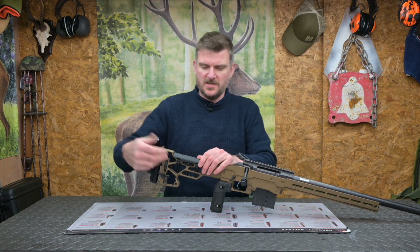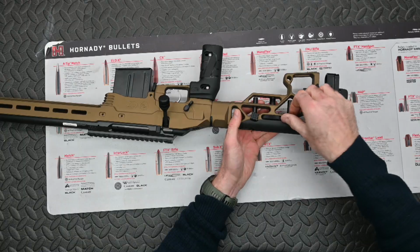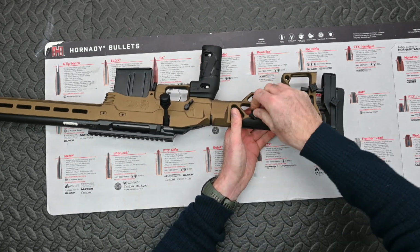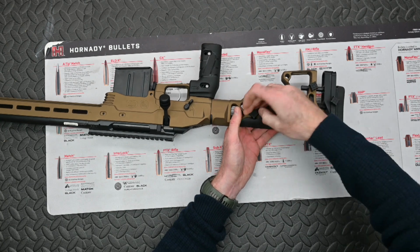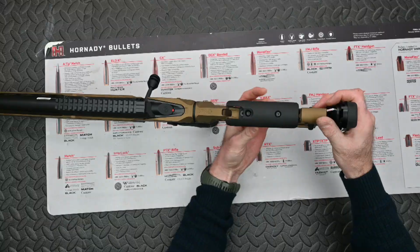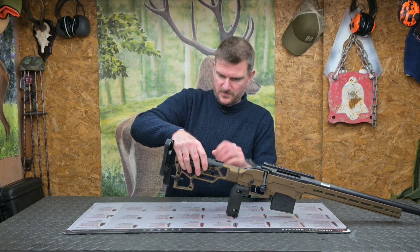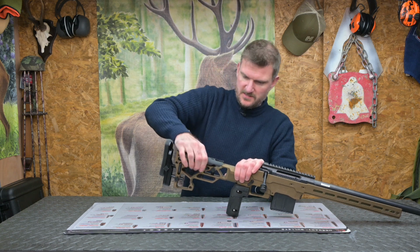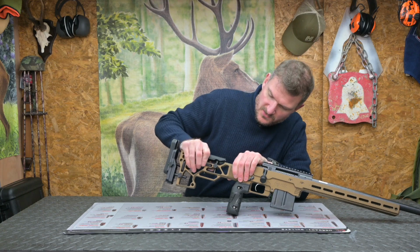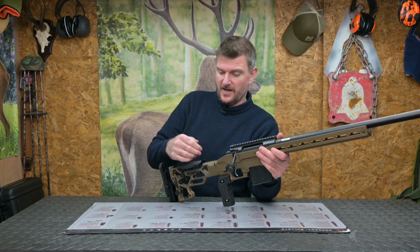And it's also got an adjustable cheek piece. Now these little fasteners here are finger adjustable. They just need a little bit of manipulation to get those to slacken off, and then that will give me cheek piece elevation, so I can lift that up on that thumb screw, and it's a little bit slow, but once you get it set up it's where you're going to need it to be. And there's also some lateral adjustment on that cheek piece there,